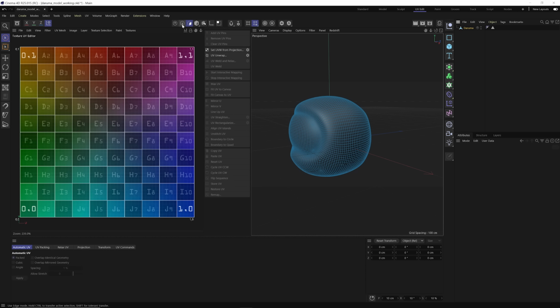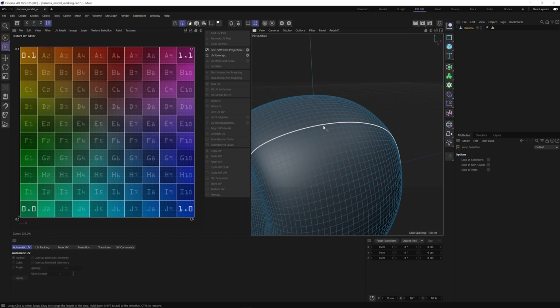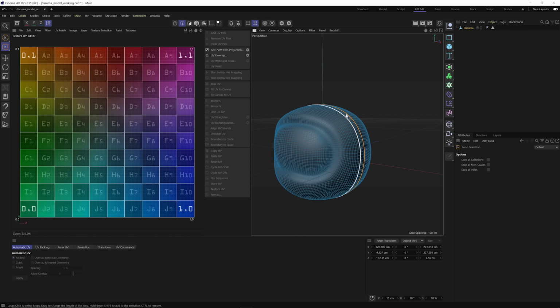And basically to define a seam, you're just going to select some edges. So I'm going to go to edge selection and I'm going to go UL to bring up my loop selection. And I'm just going to select right here, this loop selection. And that's where the seam would be. This is where the stitching would be. You know, you would put some stuffing in there, put a little squeaky thing in there and stitch it all